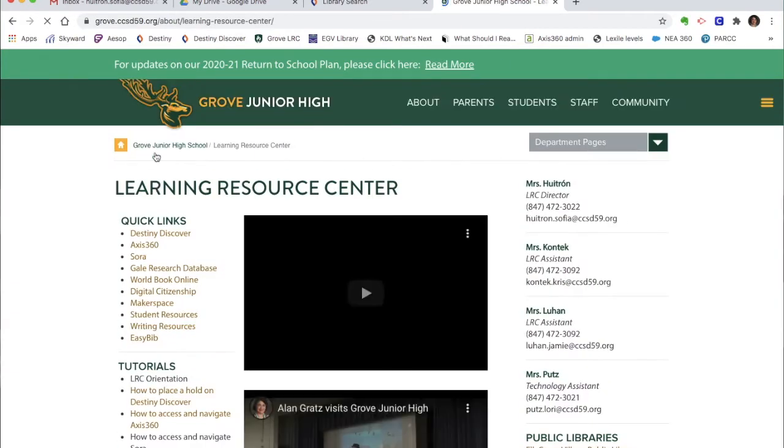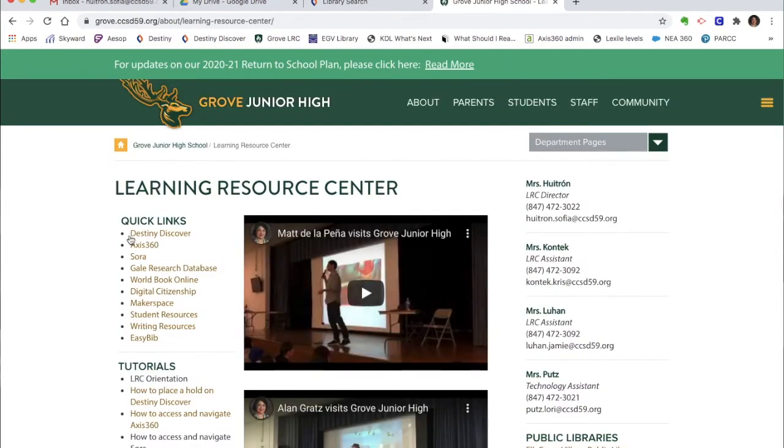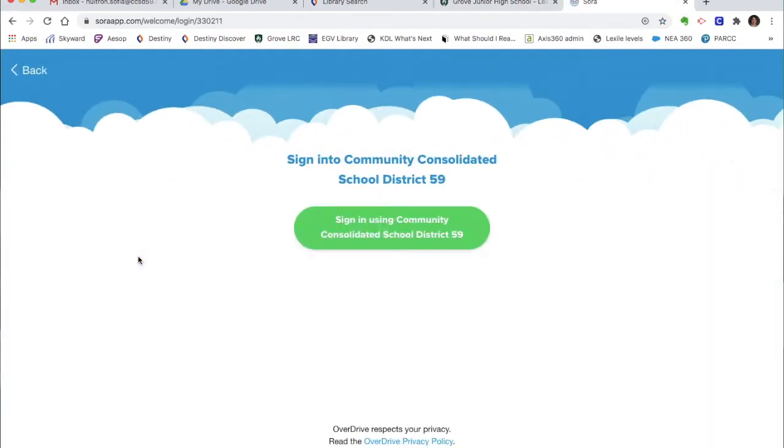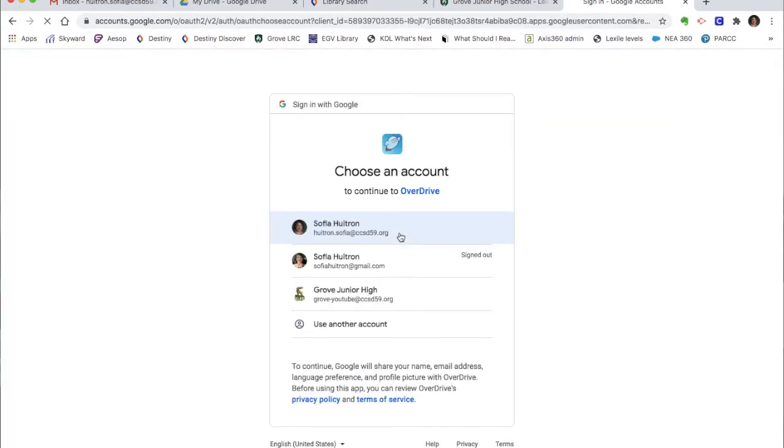And then on the left side, you're going to click on the third bullet point that says Sora right here. So the very first time that you're trying to access this, it might ask you to log in, and you want to select your district email because that's how you will be authenticated. So I'm going to click on sign in using Community Consolidated School District 59, and then you will choose your CCSD 59 email address,